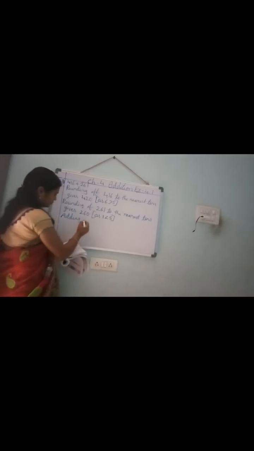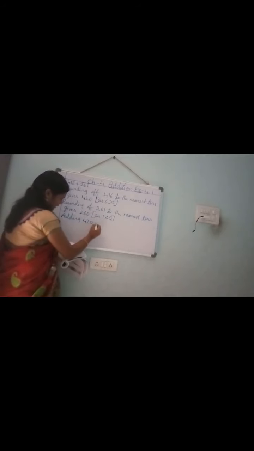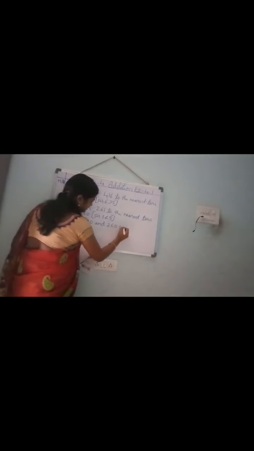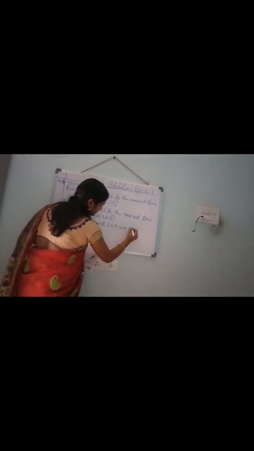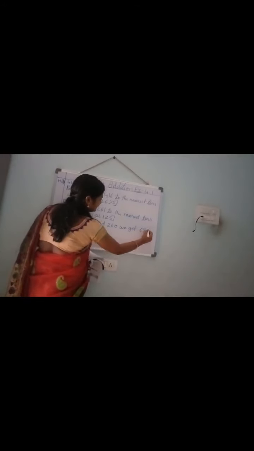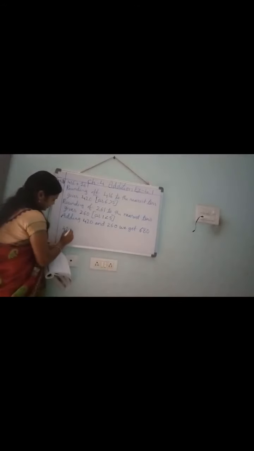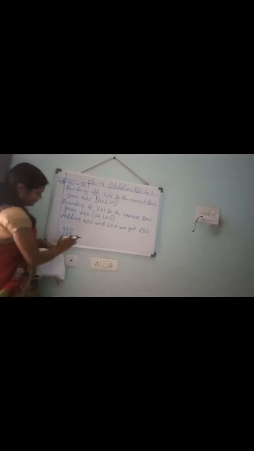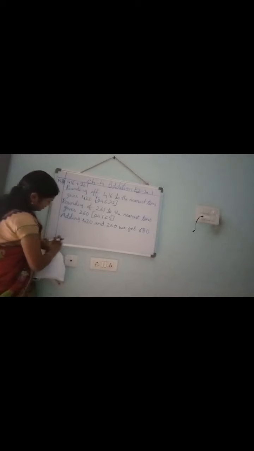Yes. 420 and 260. We get. What we will get? We will get 680. See? 420 plus 260. See? 0, 0, 0. 2 plus 6, 8. 4 plus 2, 6. 680. As now. Therefore,